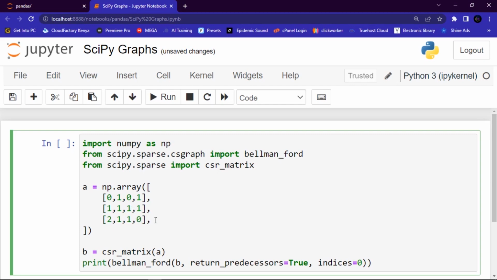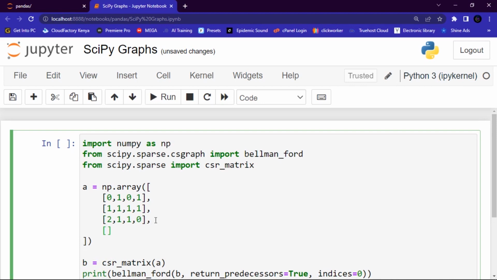Ensure that you have a comma because I want us to add here another array list. And then here perhaps let me say 0, and then 1 0, and then 1, and then